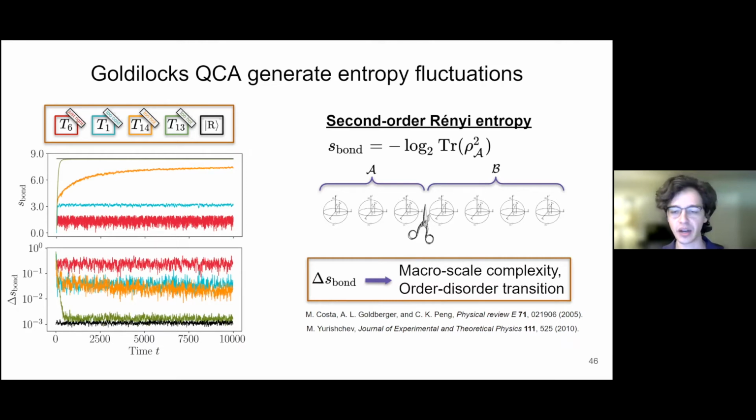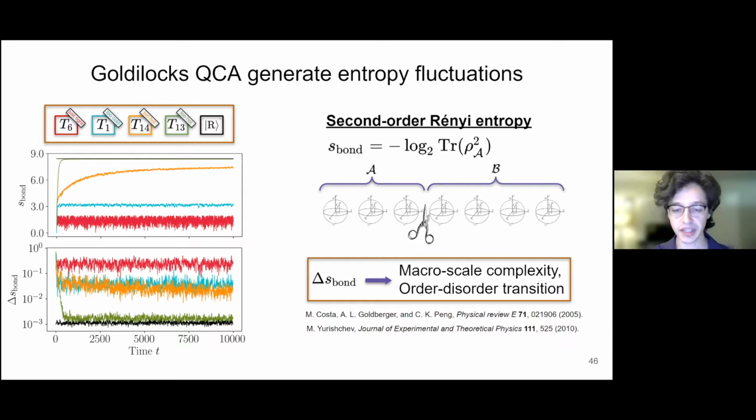And so we see that, again, the largest entropy fluctuations occurring for the Goldilocks rule suggest this balance between order and disorder and activity and stasis. And we take this high entropy fluctuation, as well as the results of those network measures, as signaling that, indeed, this Goldilocks QCA rule 6, which we defined as balancing a trade-off, does exhibit elements of physical complexity that we would associate to the large-scale world.